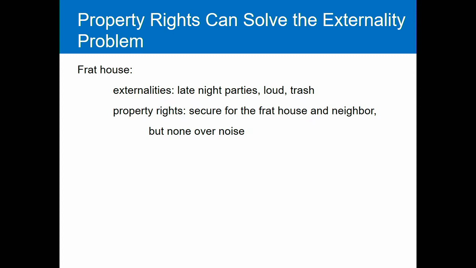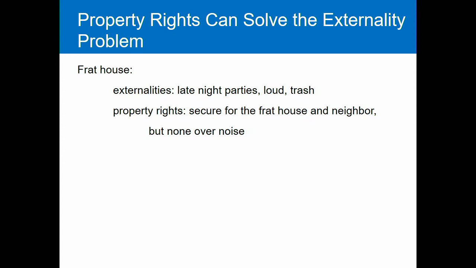So these property rights we have, they're secure for the frat house. They're secure in all their things. They're able to exclude their neighbors from their house, and vice versa. The neighbors are pretty secure in their property rights over their physical, tangible objects, a house, a yard, etc. But there's no property rights over the noise. In this situation, there's no property right over who has the right to make noise or who has the right to enjoy quiet. And it's very difficult to enforce this because there are no private property rights. So because there are incomplete private property rights in this case, we end up with this conflict and these externalities that exist. We can't just hold one party accountable.